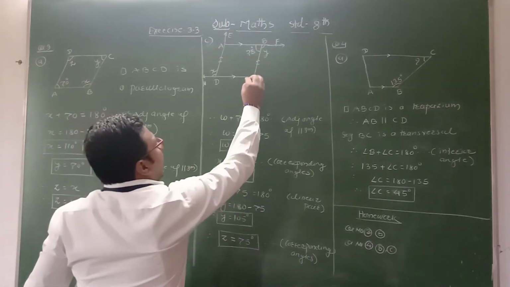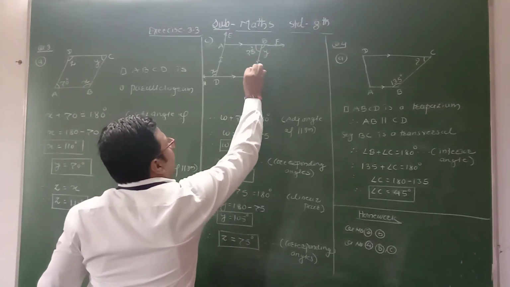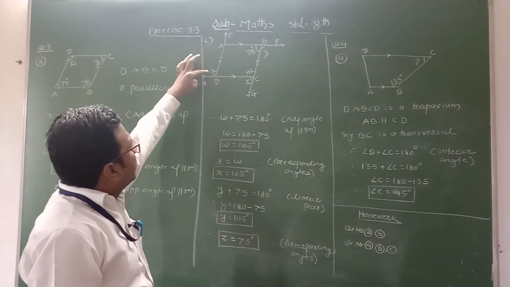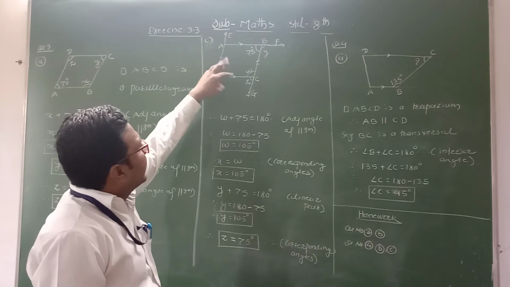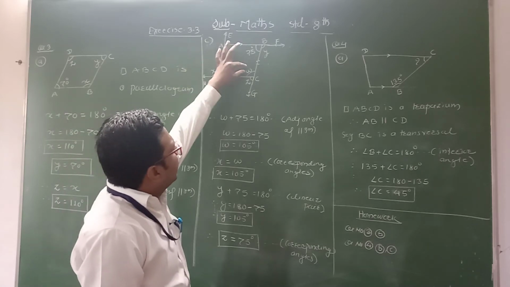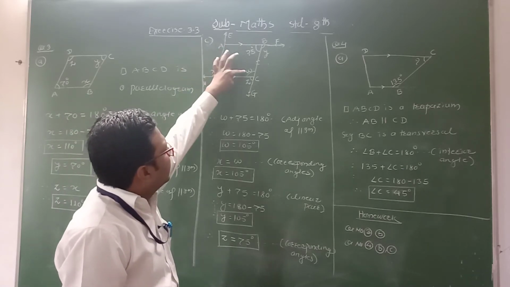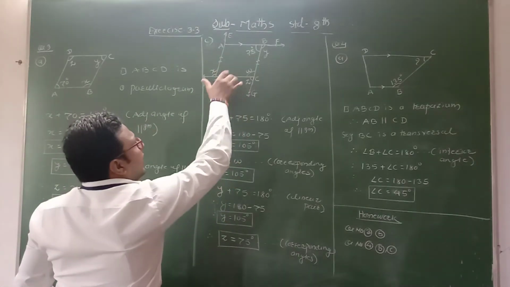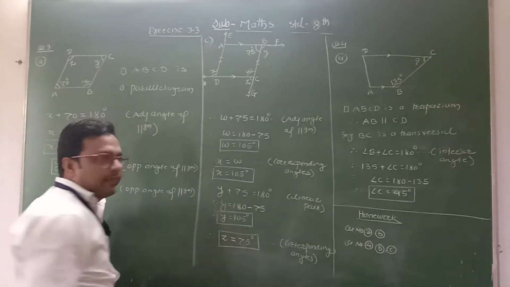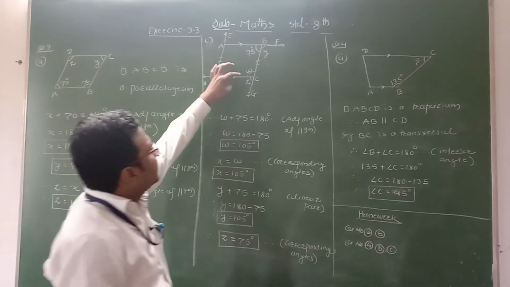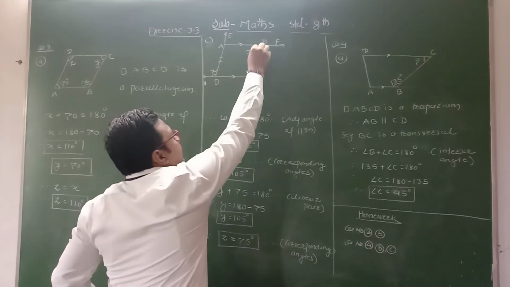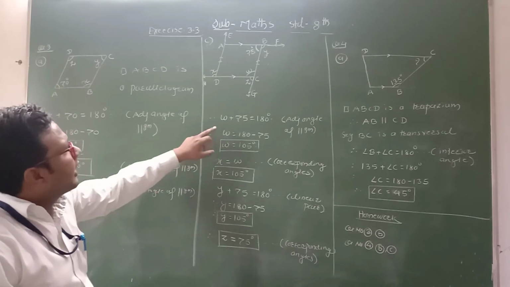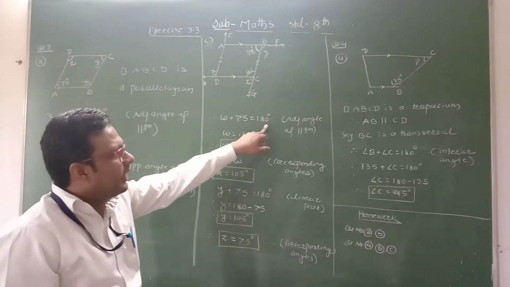Now here I mark this angle as W. Okay. Using the given information it is not possible to find the values of x, y and z directly. So first, to find the value of x, we take W. Okay. Now see in quadrilateral ABCD, W and 75, or angle C, this interior angle and this angle, these two angles are adjacent angles of the parallelogram. Okay, therefore we can write W plus 75 is equal to 180 degrees.